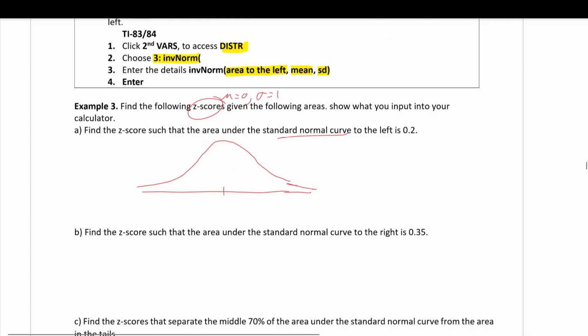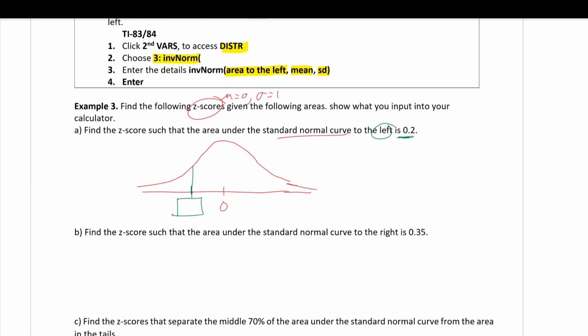The center, for a standard normal, is 0. Now, they're asking a slightly different question. They're already giving us that the area is 0.2. So there's some specific number somewhere along this line such that the area to the left is 0.2. You think of that as 20%, right? Now, I know 0 splits this distribution into 50% and 50%. So where would the cutoff be such that 20% is to the left and the remaining portion is to the right? If you place something down here,